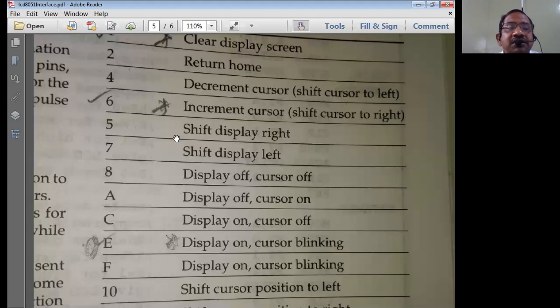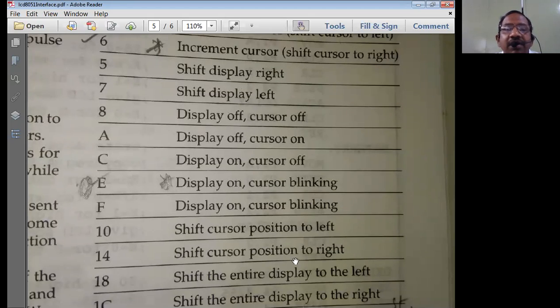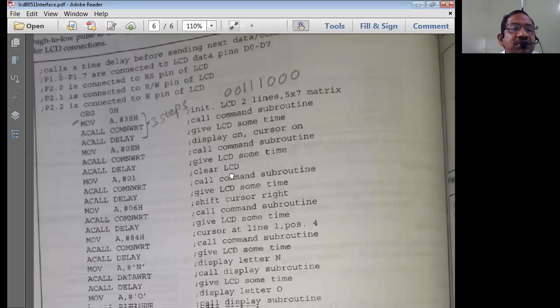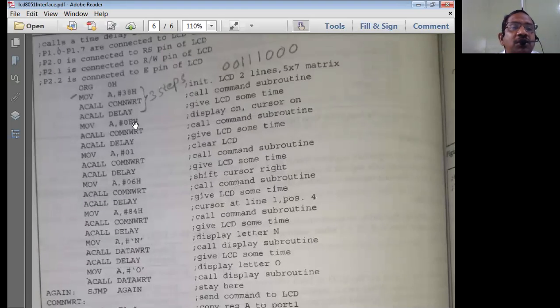We have seen this 0E instruction earlier. 0E is nothing but display on and the cursor blinking. So therefore, I'm going to use this particular instruction. The same set of these two instructions is simply repeated here: a call command to write and a call delay.